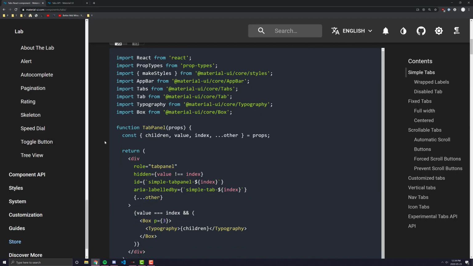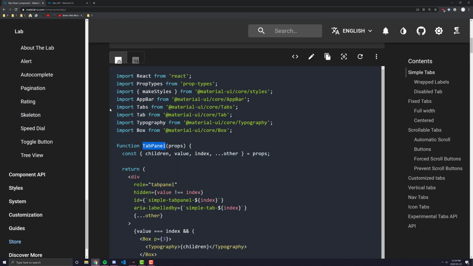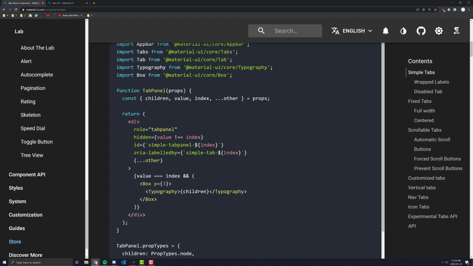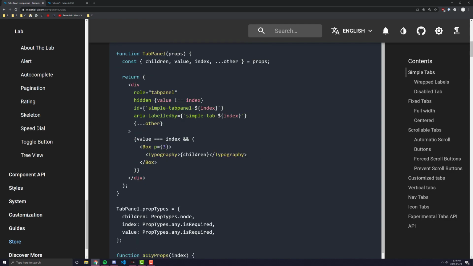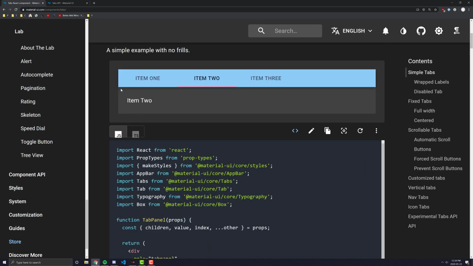it. So we can see here the first thing they're doing is they're creating this component called the tab panel, and it looks a bit complex. There's all these random things being passed into divs and a bunch of conditionals with this box component that I'm not sure a lot of people have seen before. But all this tab panel is essentially is they're making this nice little gray area down here for the item